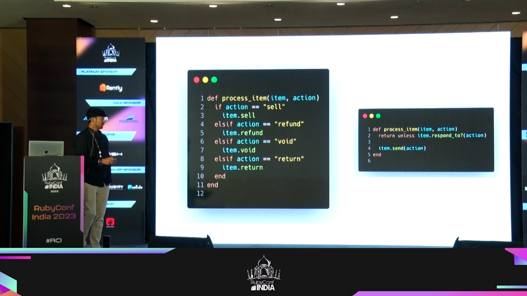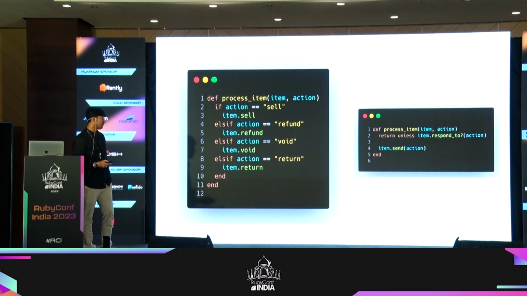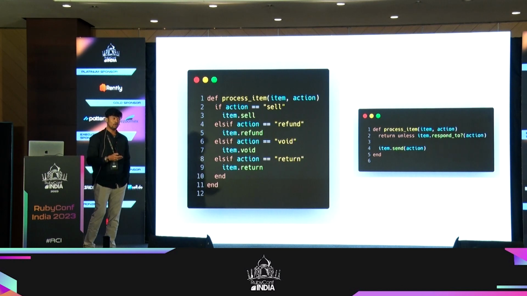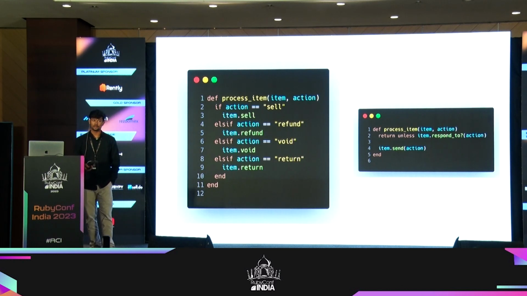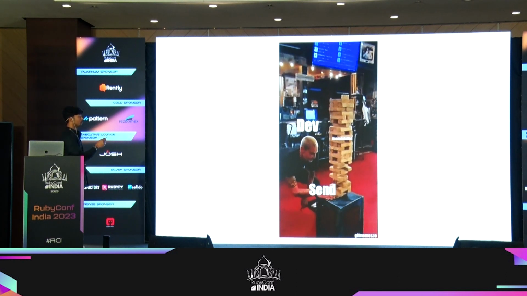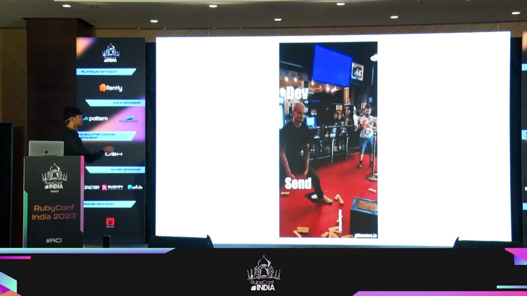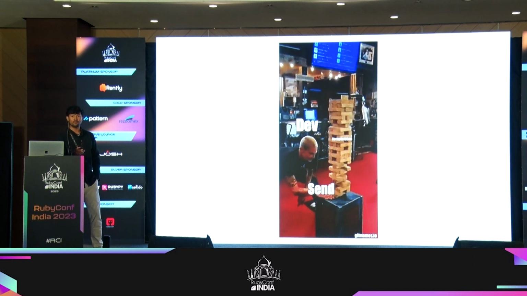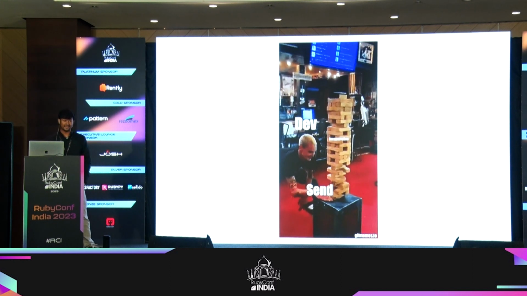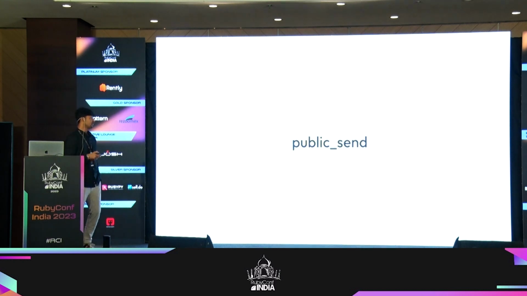But with send, this is one useful thing, but you need to understand send is so powerful that you can even call private methods of a class. And you might be thinking, if I can call a private method, it breaks encapsulation. But Ruby provides you with the send method as a developer. It's your responsibility whether you want to use send or not. If you use send, you will break encapsulation, which we as good developers never do. So what's the alternative? Anyone knows what the alternative is? Public send, right. Our community is smart.